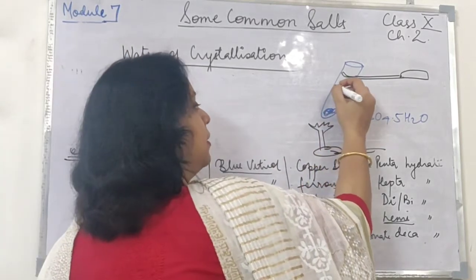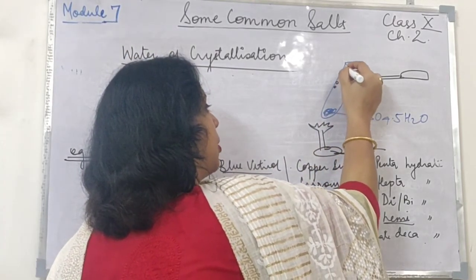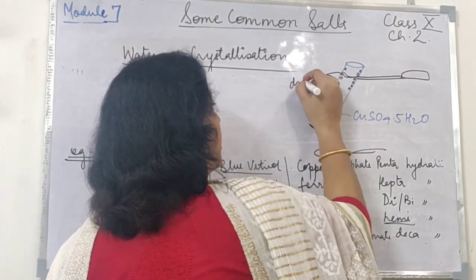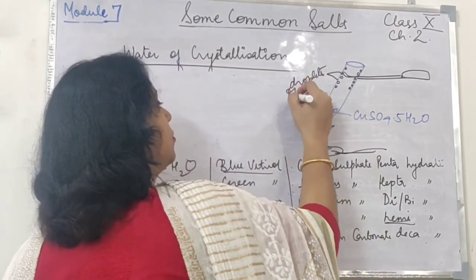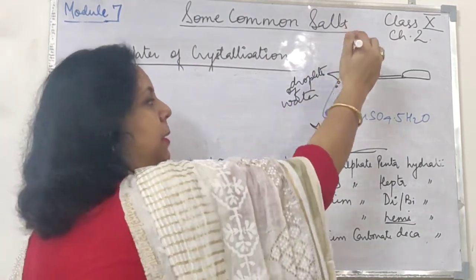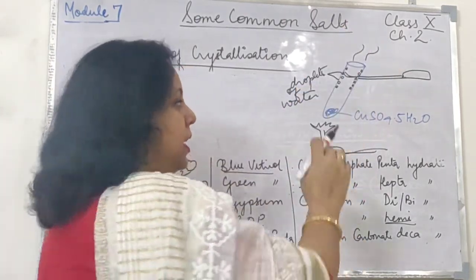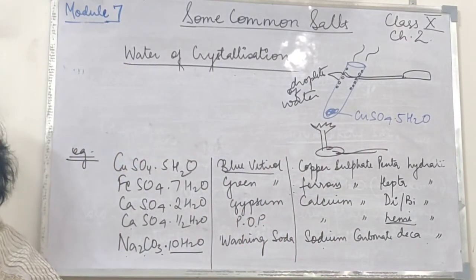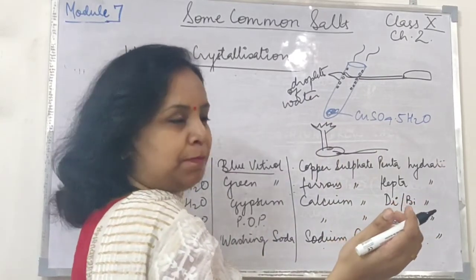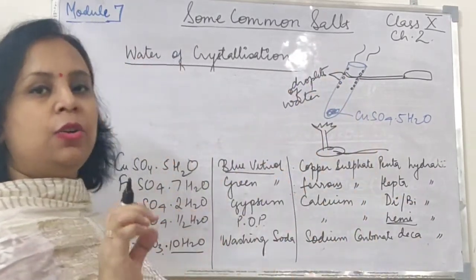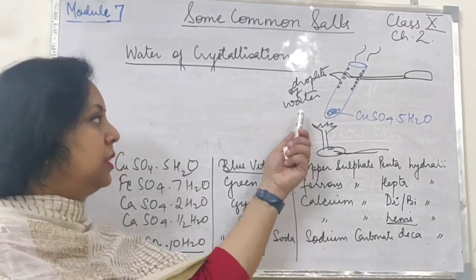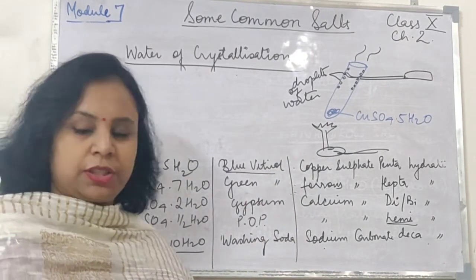We will observe that small little droplets of water can be seen on the cool parts of the test tube. Now if you keep on heating, this will eventually evaporate, but initially we can see the water droplets on the sides of the test tube, and the color changes from blue to colorless. Which means that the color of these salts is basically due to water only. So this is one way by which we can observe water of crystallization.